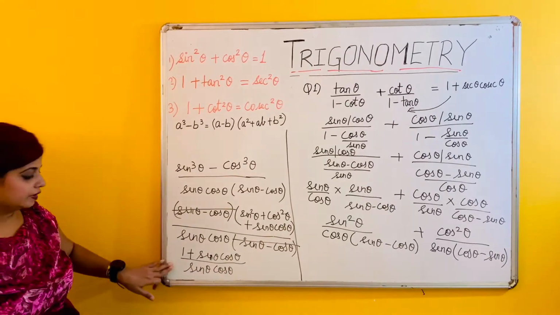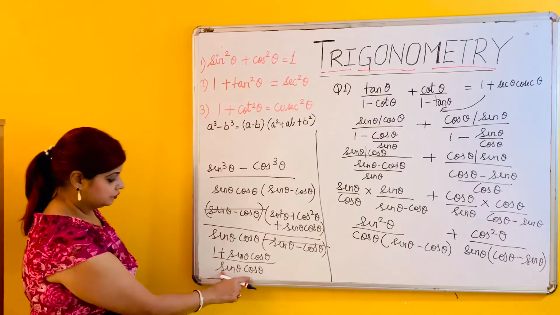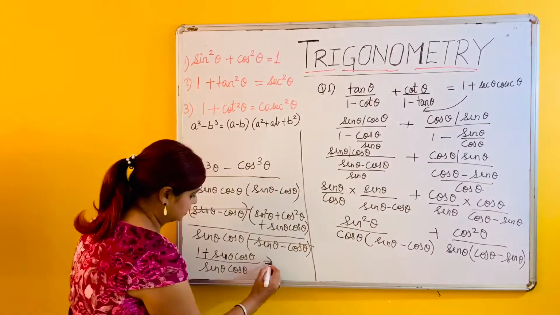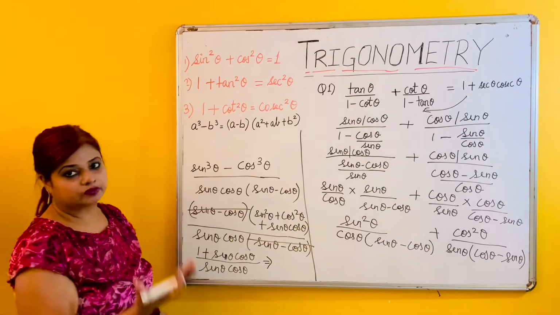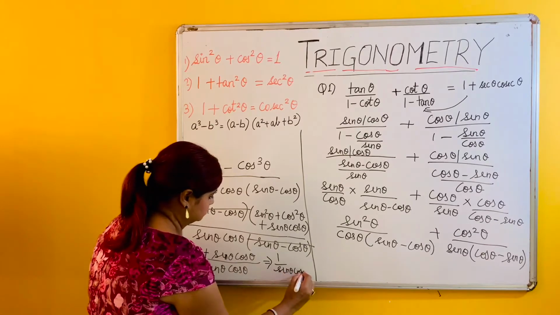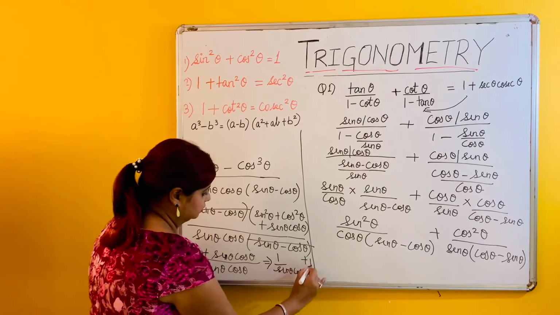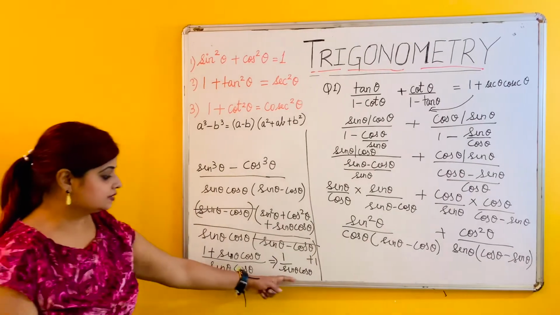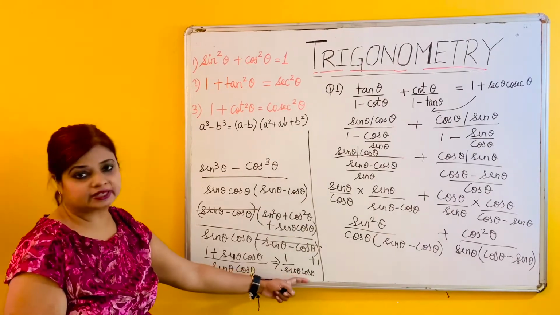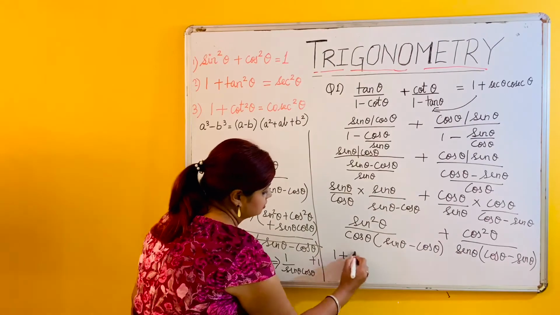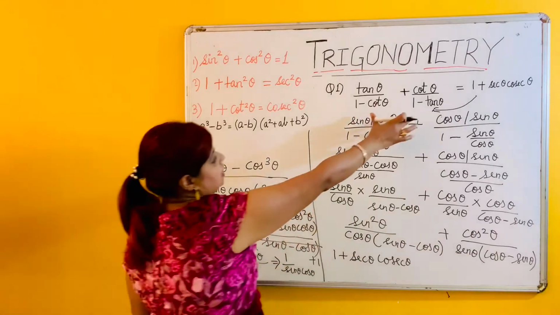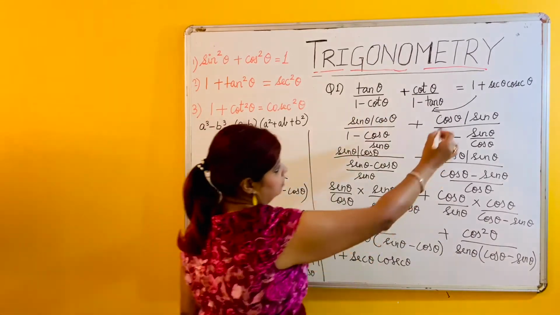Now what we have to do here is break this. So it is 1 by sin theta cos theta. So we'll write it as 1 by sin theta and cos theta plus sin theta cos theta by sin theta cos theta, which is 1. Now 1 by sin theta is cosec theta and 1 by cos theta is sec theta. So it is 1 plus sec theta and cosec theta. Okay. So we started from this and we arrived at this side.